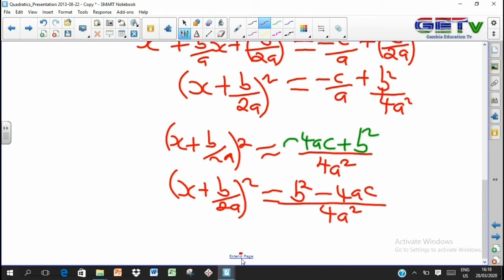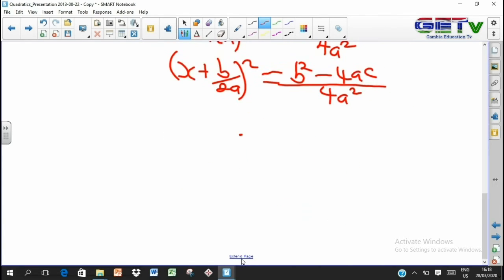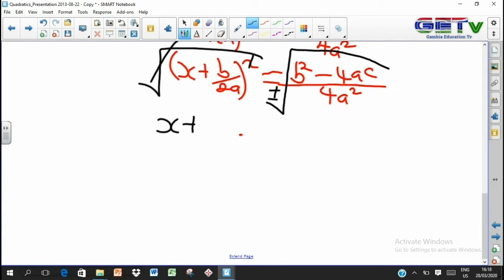Now, the next thing we are to do here is we are going to take the square root of both sides of the equation. We take the square root of the left-hand side, and we do the same thing on the right-hand side. Remember, the square root should cover both the numerator and the denominator because it is in combine. So here, the square will cancel the root, and we are left with x plus b over 2a, which is equals to,